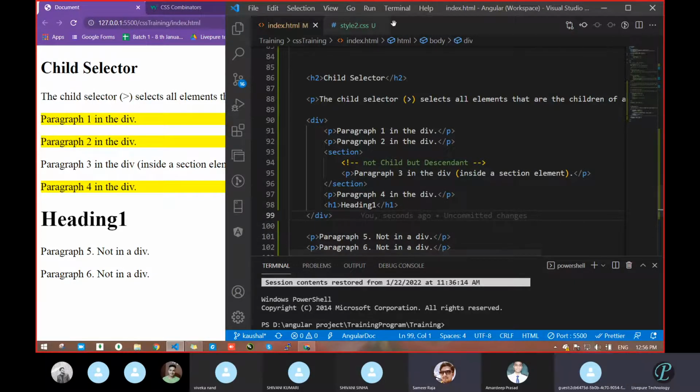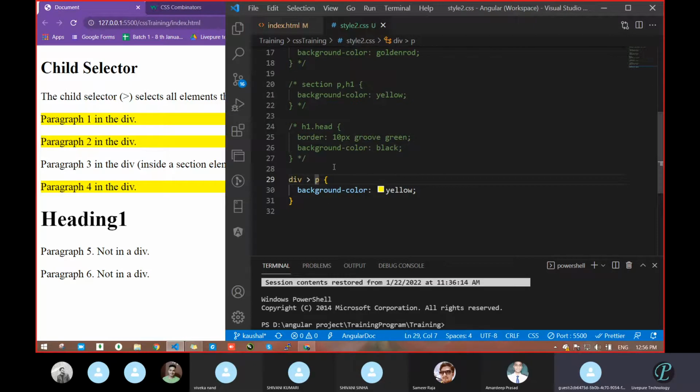So see here, how will the style identify? The style will identify with the help of this greater than symbol. Whatever you apply with the help of this greater than symbol will be identified. Remove this greater than and go directly. What will it do? It is now applicable for all div and p. With a space between div and p, which type of selector does it become?